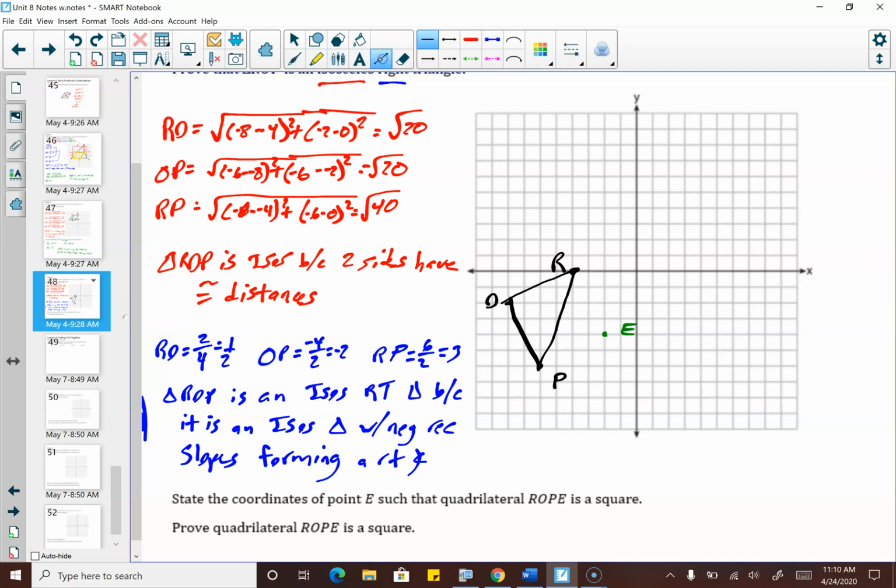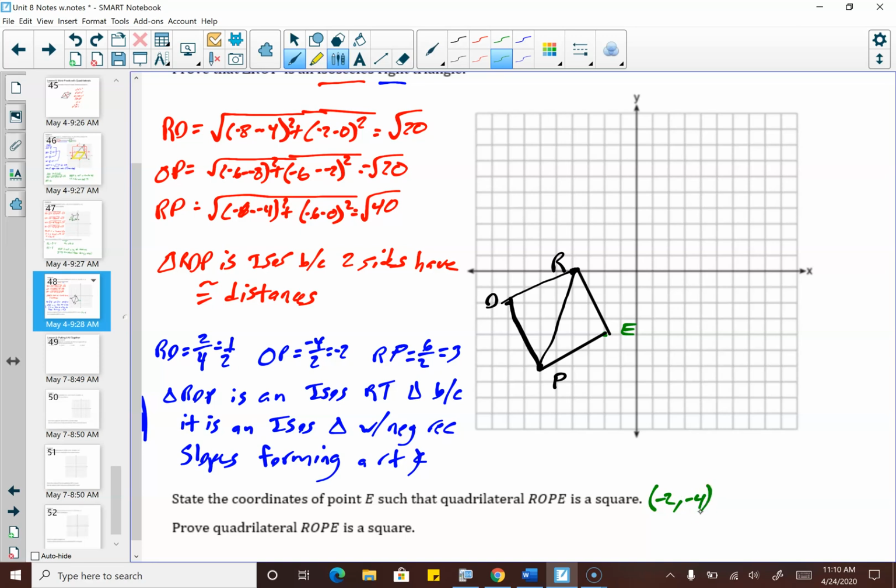All right, and it might be a good idea always to connect it here just to make sure, if you take a look at it, does it actually look like a square? Yeah, it does. And it looks like one side of that triangle really becomes a diagonal of that square now. So now what's the coordinates of that point? Well, it was -2, 1, 2, 3, 4. So the coordinates were -2,